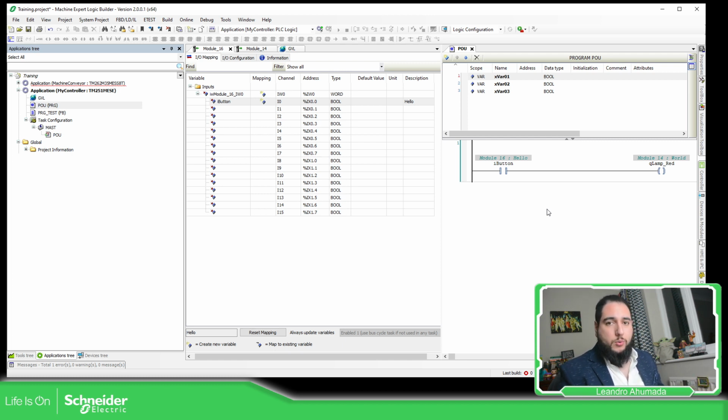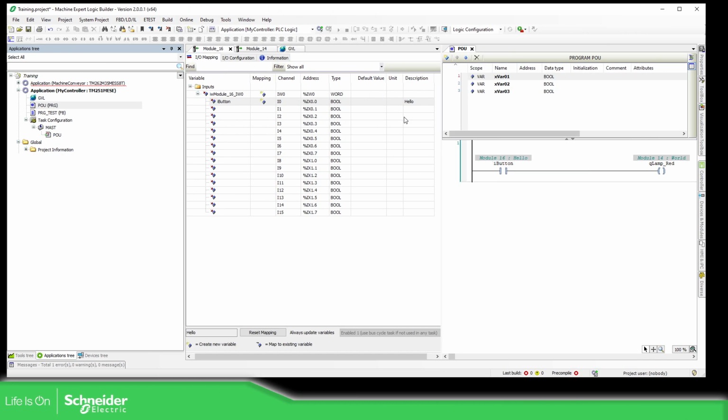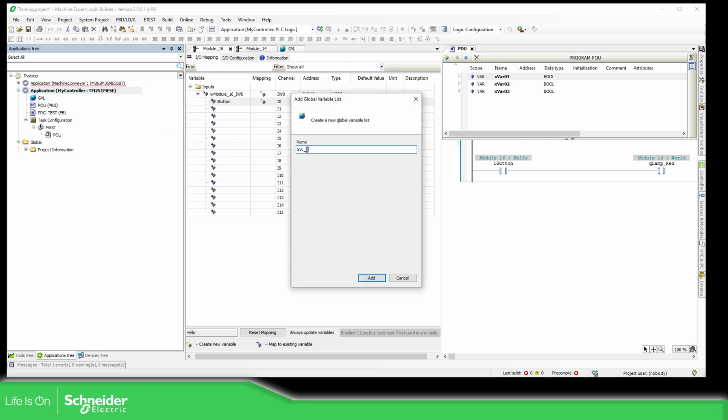This is one way to do it, but there is another one using GBL, that you can assign the input that you have into the GBL. So let me just show you how it can be done. So if I want, I can create a new GBL. Okay, for example, GBL underscore IO add,